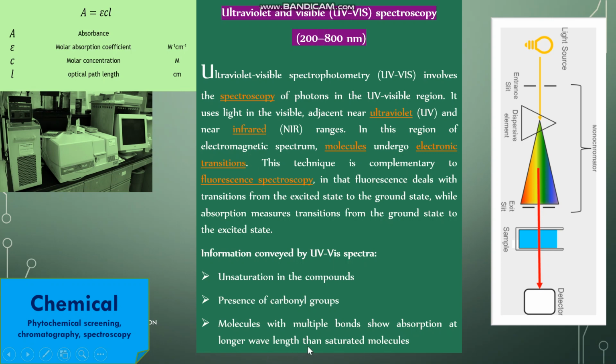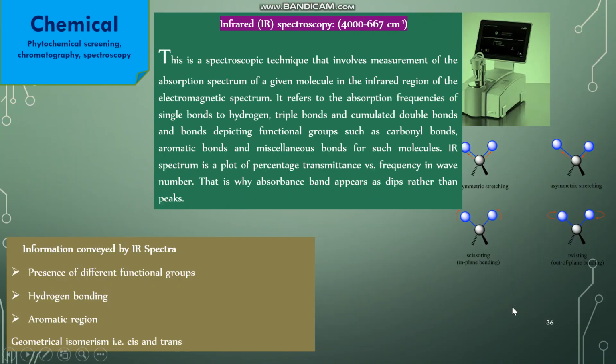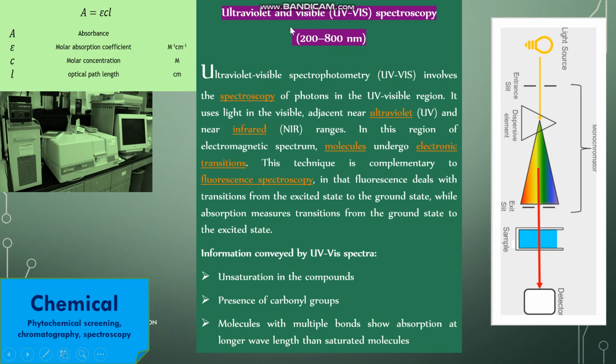at different wavelengths. So it is basically the Lambert-Beer law that is used, in which absorption is directly proportional to the molar absorption coefficient, the molar concentration, plus the optical path length. So this is a complex procedure. It is a very important technique for qualitative as well as quantitative estimation of herbal drugs. The range is very important, 200 to 800 nanometers in UV visible spectroscopy,